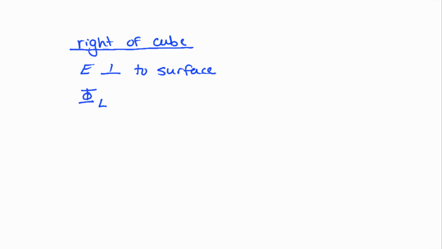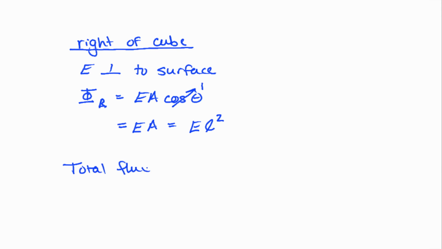So the electric flux through here is the same as we had with the left side. That cosine theta goes to 1. Electric field times the area is equal to the electric field times the length squared. So now to determine the total flux